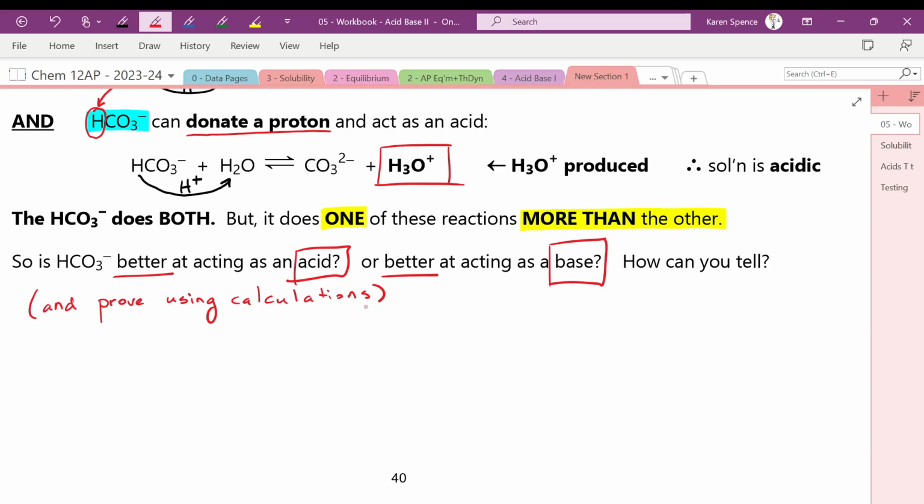Also strong for face. Weakest acid. We are